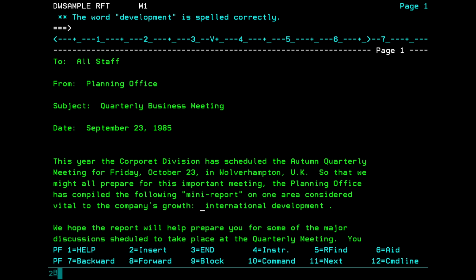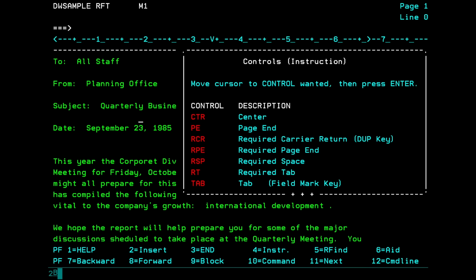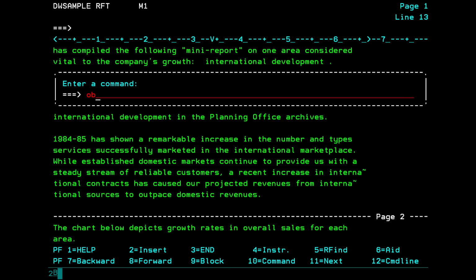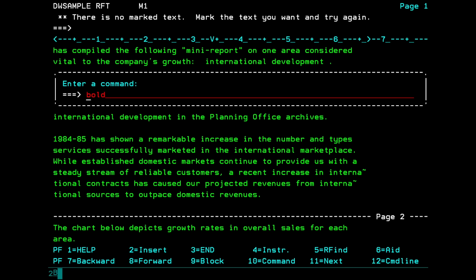And you can see that somewhere in here, there's a special instruction. And in fact, there is a construction, or an instruction, for either centering text, bolding text, or all kinds of stuff like that. So there's all sorts of useful stuff here, like bold,